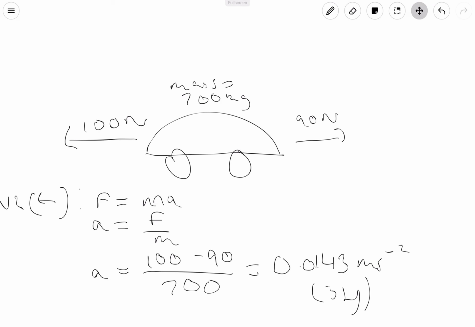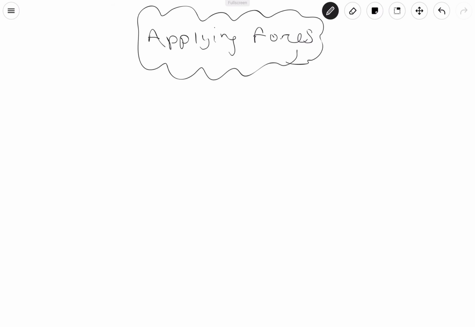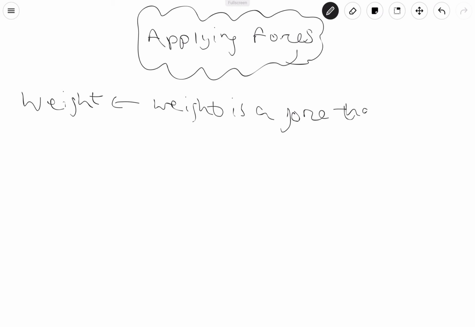And yeah, let's talk about applying forces now. We're going to talk about specific forces now. So let's talk about weight. Now, what is weight? Weight is a force. Weight is a force that acts on an object